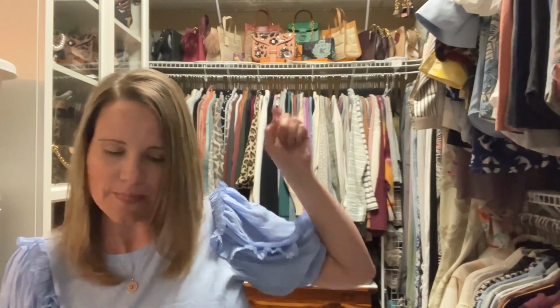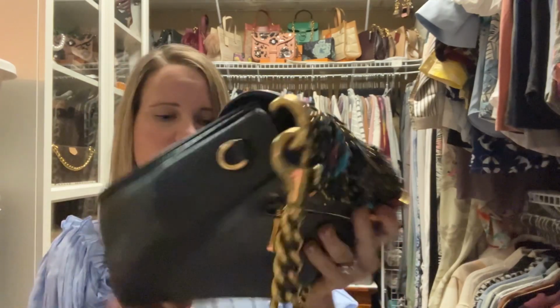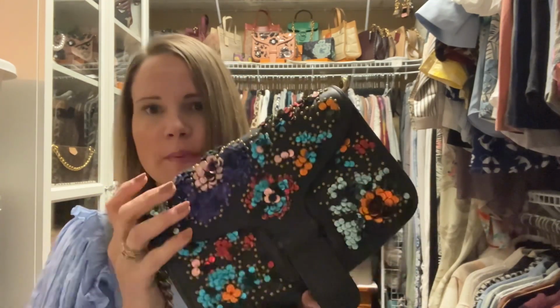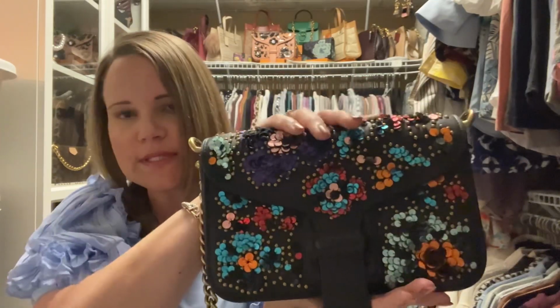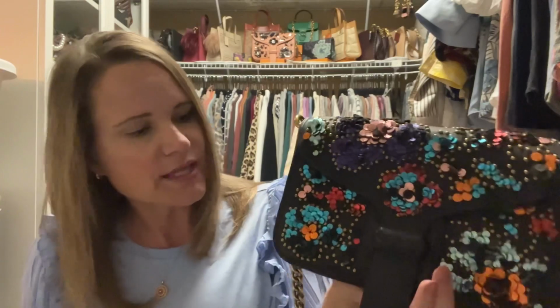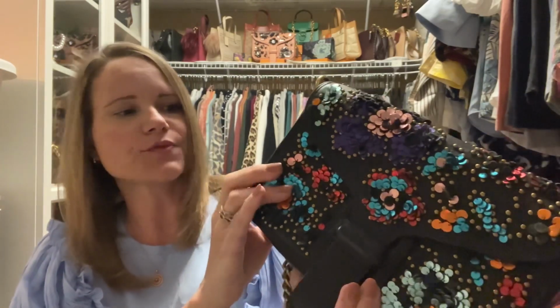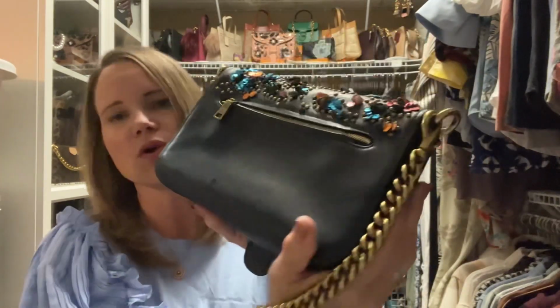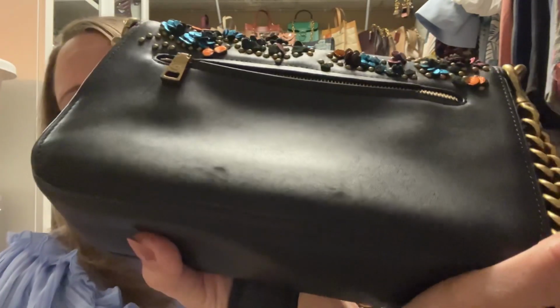The other one I got that's behind me, you can see it right there. It's the blush pink colored one. It was in immaculate condition. And what I'm seeing here, these are natural things to happen to glove tan leather, but this was listed for $650 and I paid $500 for it, which I think is somewhat of a premium price for any Coach bag that is used. And if I had known it had these dents in the back,